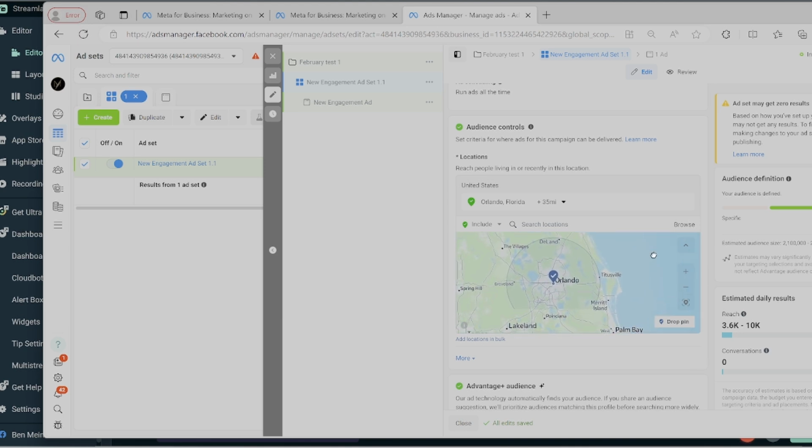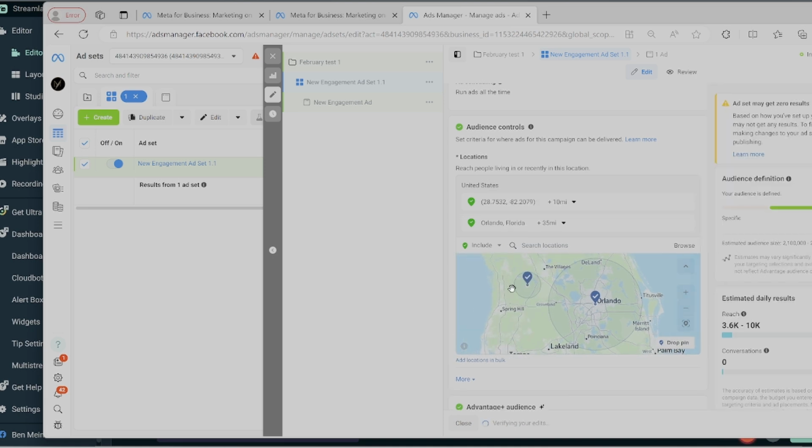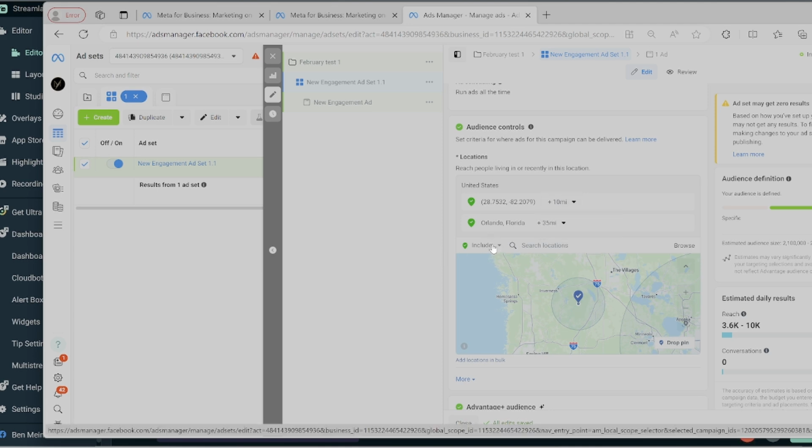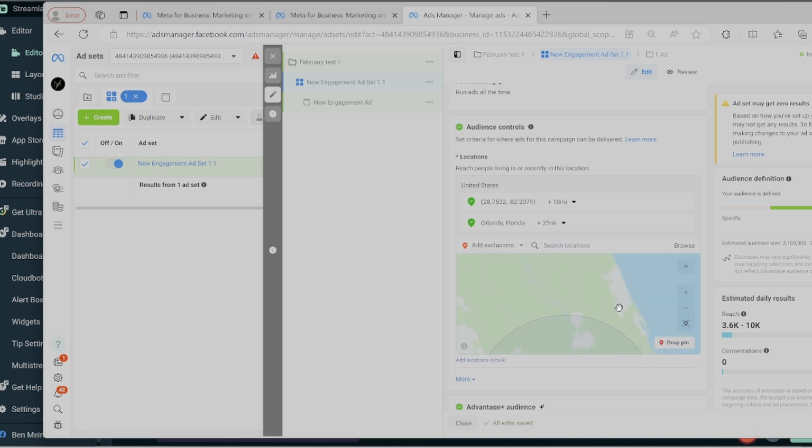Right now we're at about a 35-mile radius, and I'm trying to zoom out so it makes it easier, but it's being finicky. Another way you can do this, if you just hit drop pin, you just drop it in the area, and you'll be able to just go in and mess with it there. And one other thing you should know, I don't really use it that much, but if you click right here, you could actually do some exclusions.